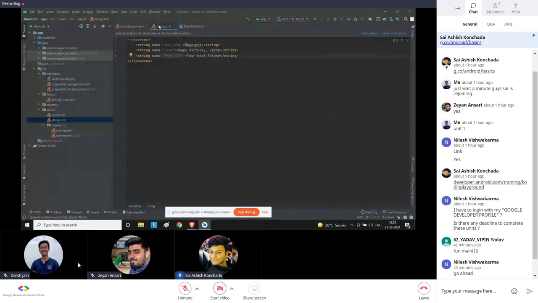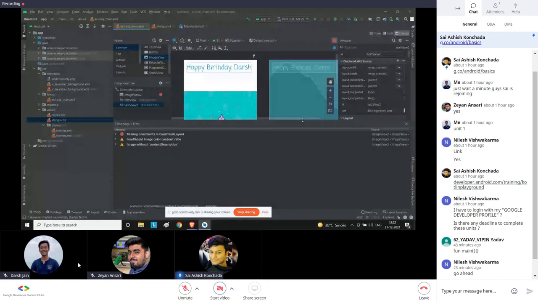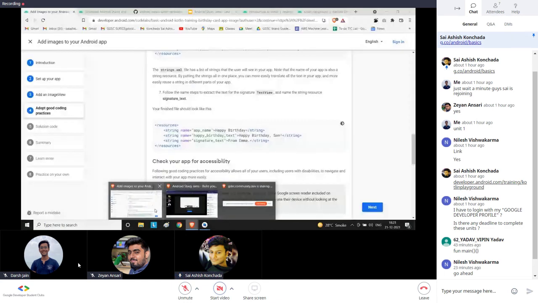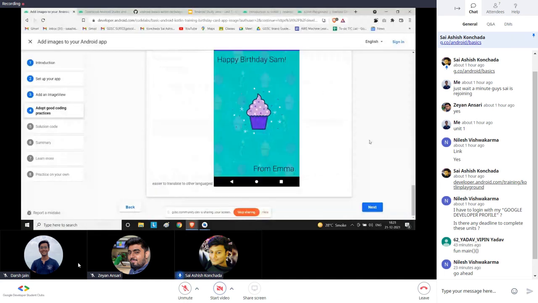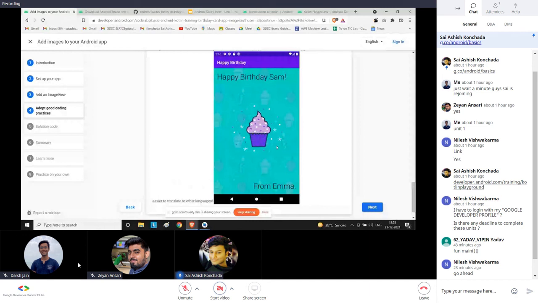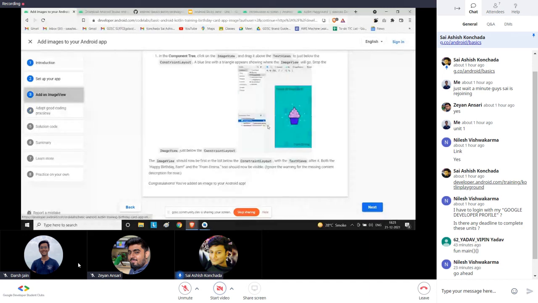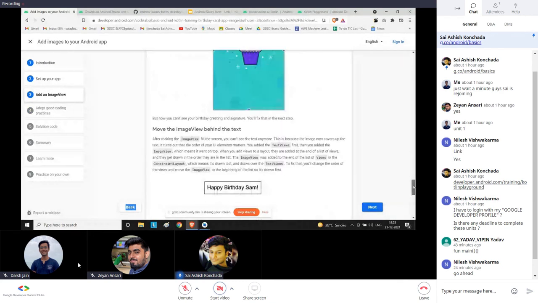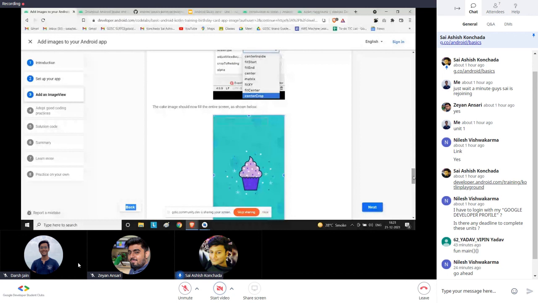And here the strings XML contains all the values. So any value that you have in the app, you can modify it from here, and you can just run the app, and this is how your app will look on your screen. Then you can just run the app and it will look like a beautiful app. This image will be wrapped. That is just one thing I guess I'm missing right now. If you guys face this error, I'll drop and fix this.